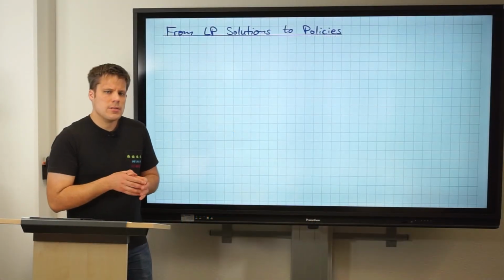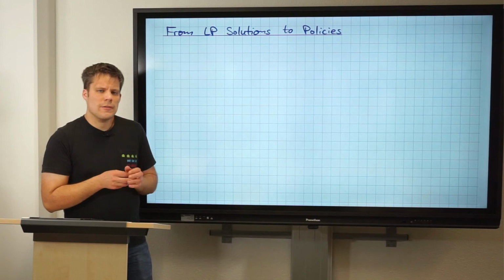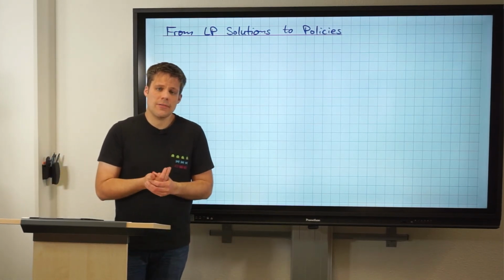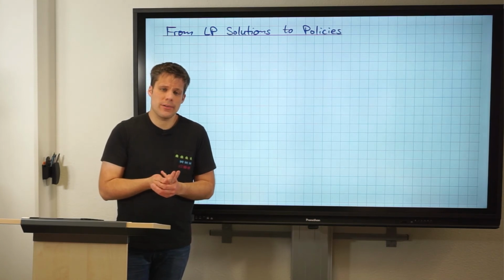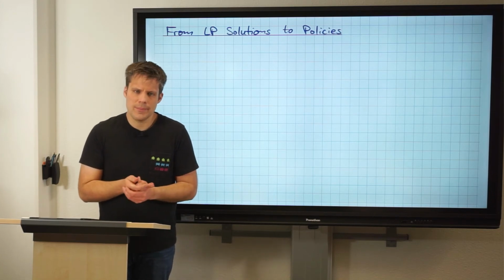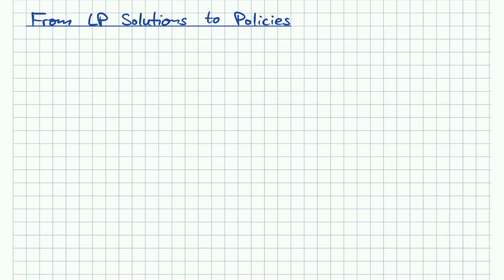Now what we want to do is derive from an LP solution, so we can now solve the LP, and from a solution we can then derive a policy. And namely, we will derive a non-adaptive policy. What will this look like?